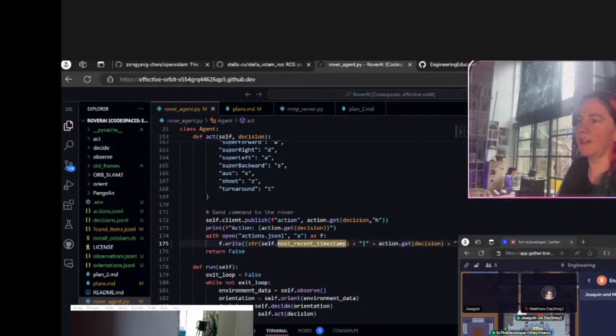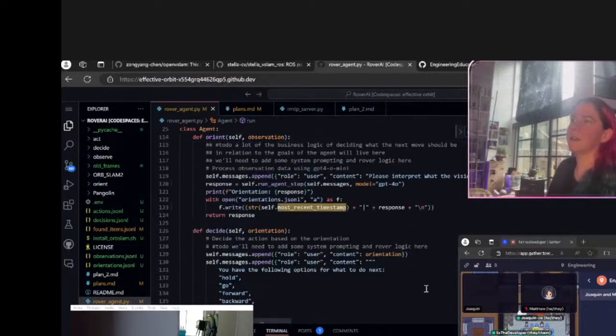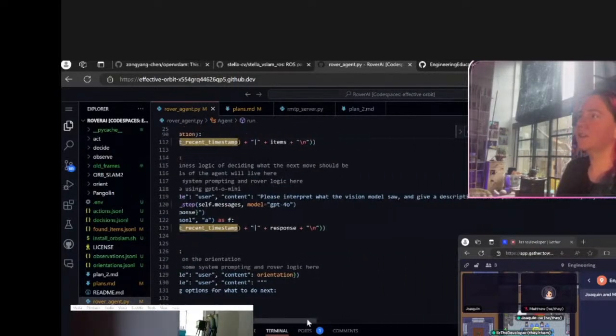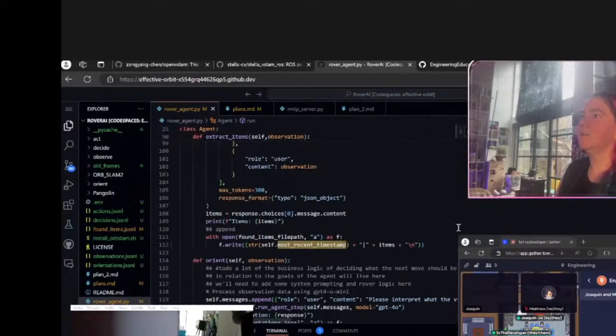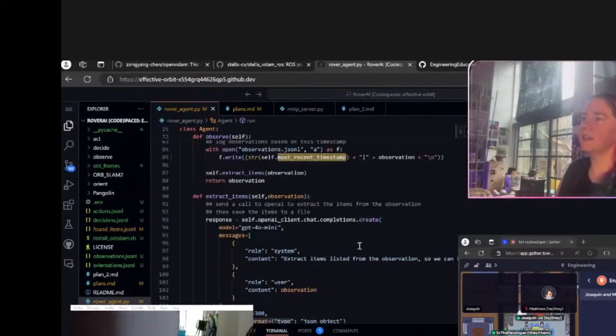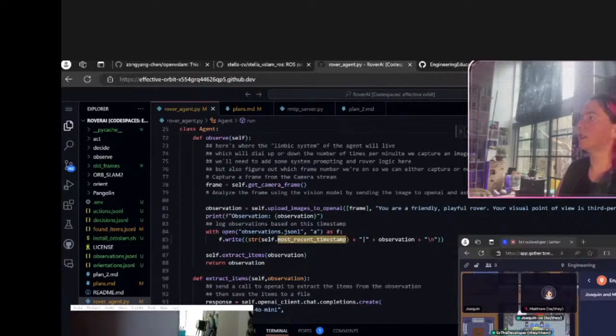It talks about, okay, like, a floor. Let's see. It does seem like it, okay. I think it noticed that it was like stuck against a wall. So one thing that's like, it does seem to not quite always know that it might be stuck against a wall. So I'm going to say, please interpret what the vision model saw. So one thing I think that we need to do is we need to change it so that it can see.